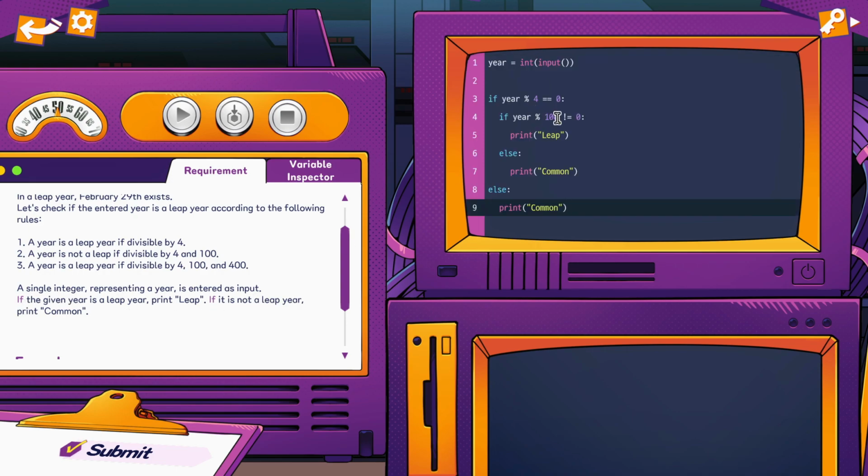Okay, maybe I can say that the year is divisible by 4, and let's do this. I'm trying to write the smallest code as possible, but maybe I don't need that. So if the year is not divisible by 100, now let's say, okay, if the year is divisible by 100 and by 400,